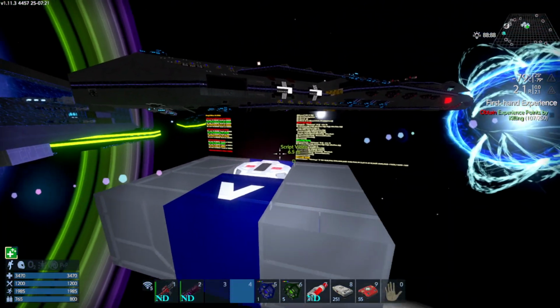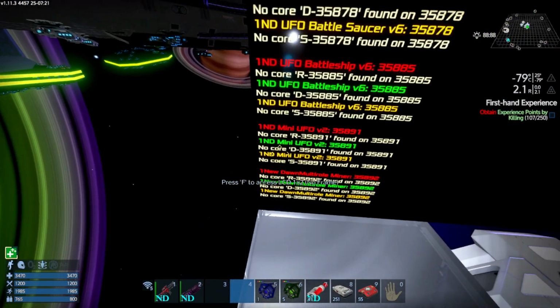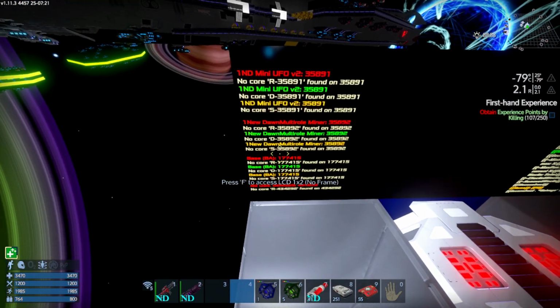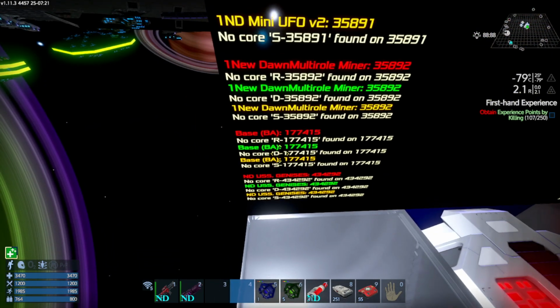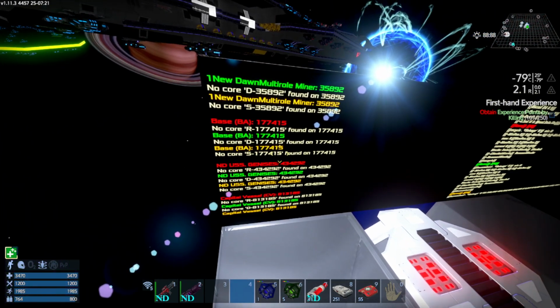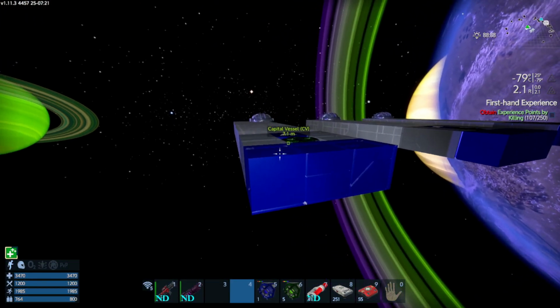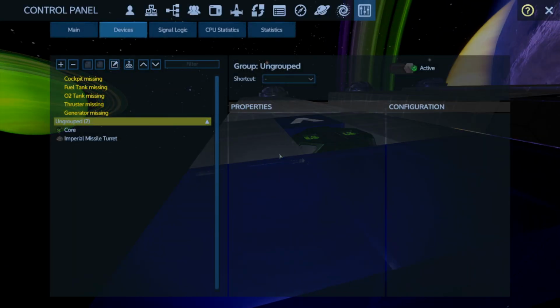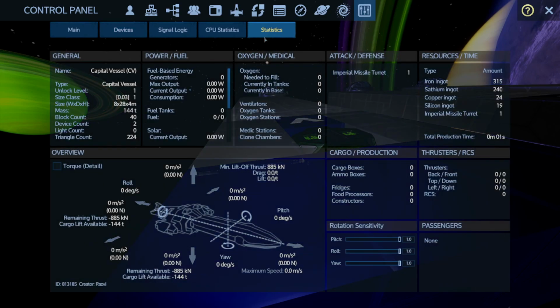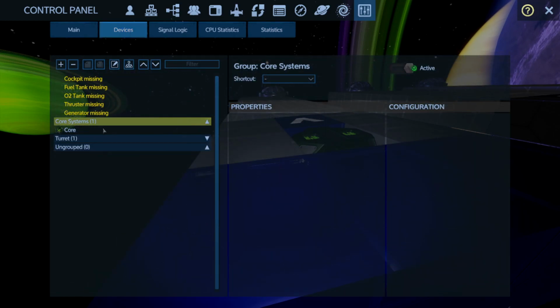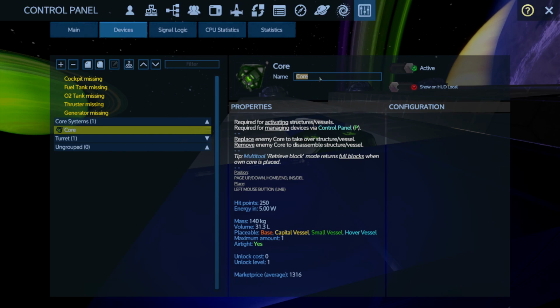First, you go to the screen, you check the name of the ship, and it's gonna tell you to rename the core to whatever this is. Now, the easier way would be just to go to the ship, press P on it. We need to have the core the same inside one of these folders. You go to statistics, and you see here is the ID, right? So it's 813185. You go to the core, you name it S in this example,